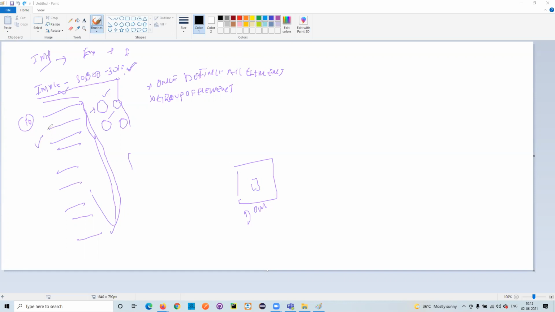Now what it will try to do, as soon as I come to this one, because of this particular impact, I'll wait for this particular element, and then I'll click on this particular button. How much time will I wait? I have defined 30 seconds. So I'll come here for the element and I'll wait for 30 seconds and I'll click on this particular element. If everything is okay, then fine. If it is not okay,